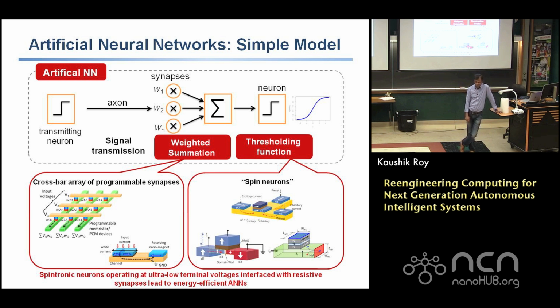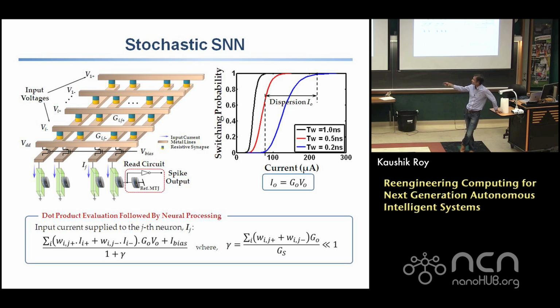If I do that, it turns out that these neurons can still work with a probability of switching, a device which can stochastically switch. I can have a network which looks somewhat like this, where I have these crossbars doing summation of VIGIs, and I have a neuron which has this sigmoid function, but a stochastic sigmoid, meaning it has a stochastic switching function. It's easy to implement in my devices, and if I do that, I can still get a network which is actually quite good, and it's called the stochastic spiking neural network.